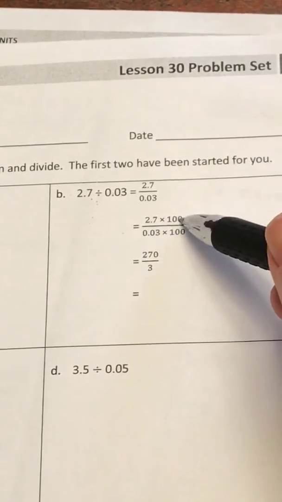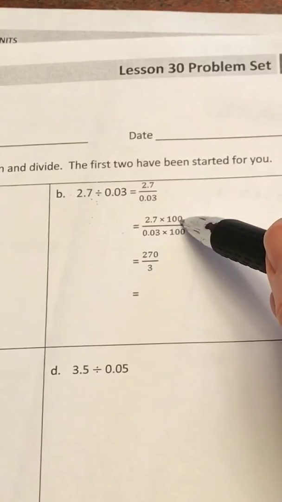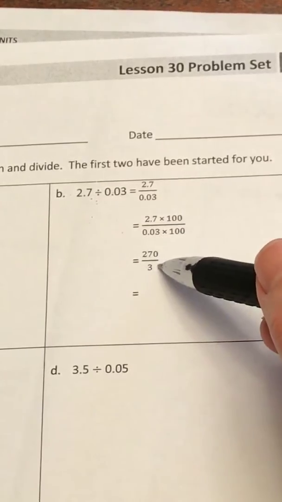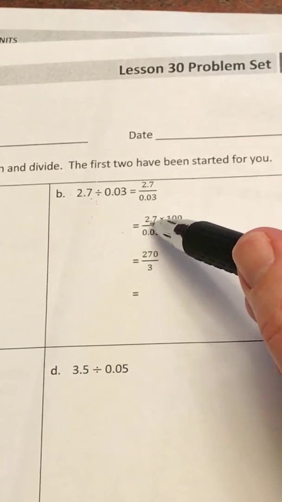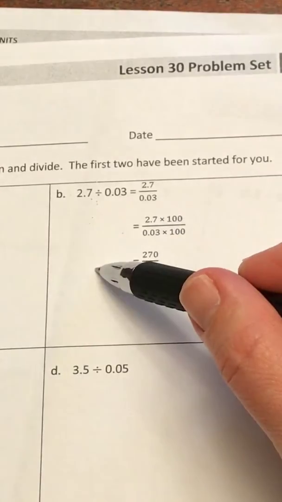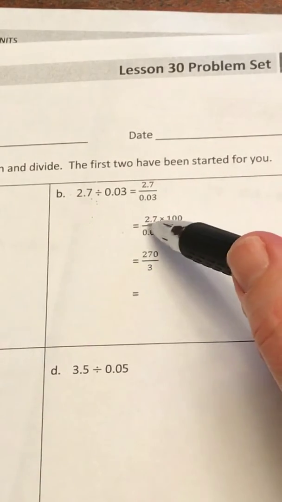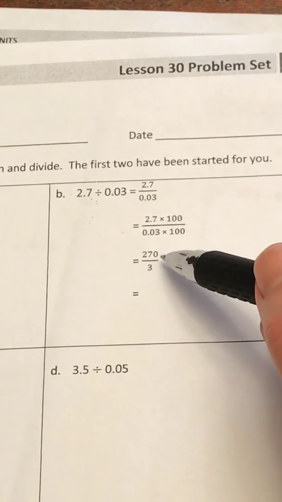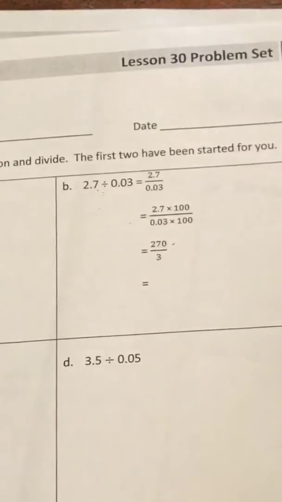So I would multiply, because I'm finding an equivalent fraction, whatever I do to the bottom, I have to do to the top. So when I do that, I get 3 on the bottom, but that 2.7, I've actually shifted 2 rows on my place value chart, putting the 2 in the hundreds place, the 7 in the tens place, meaning I would have to fill that in with a 0 in the ones place. So when I do that,